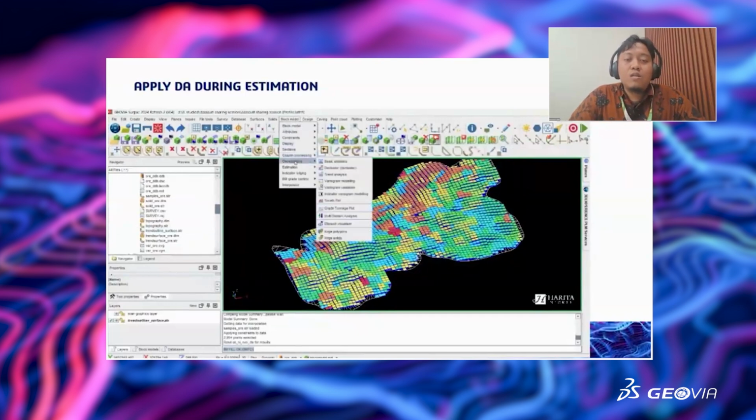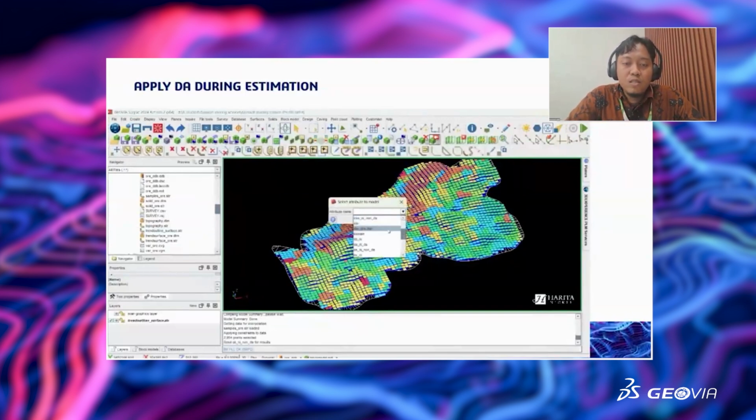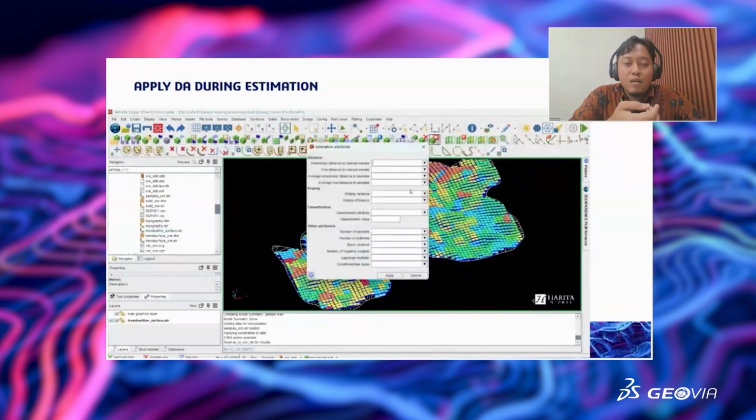After that, I will do the estimation again using the dynamic anisotropy attribute. I just select my nickel for the estimation here, and then the Kriging variance using DA is different from without DA, and the conditional bias slope also.